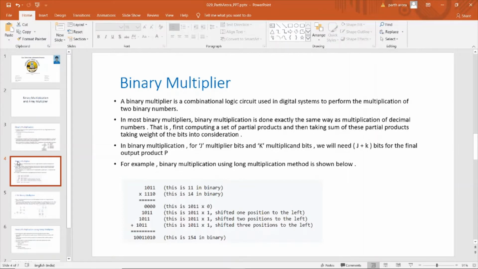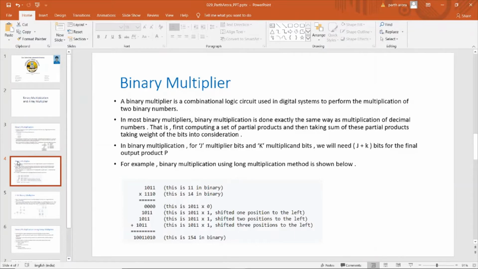To get a more efficient process, we use algorithmic techniques that obtain the product of two binary numbers in a similar way as we obtain the product of two decimal numbers. That is, we first compute a set of partial products and then sum these products together to obtain the resultant product.